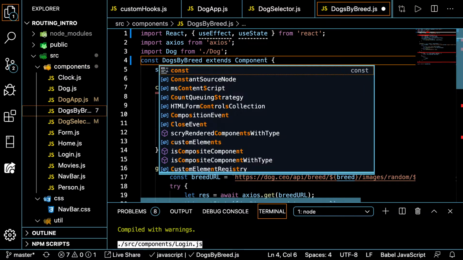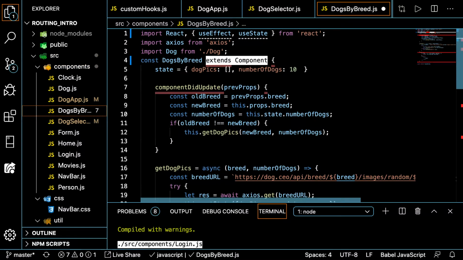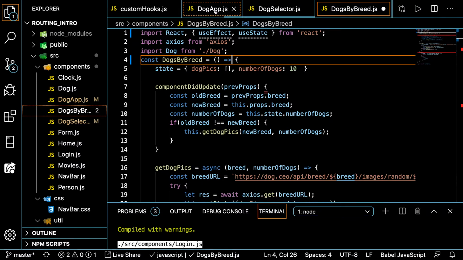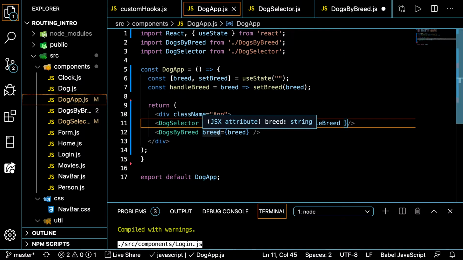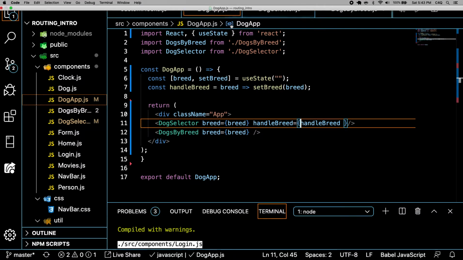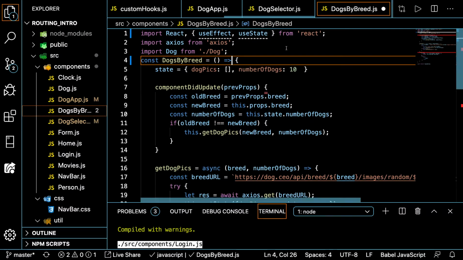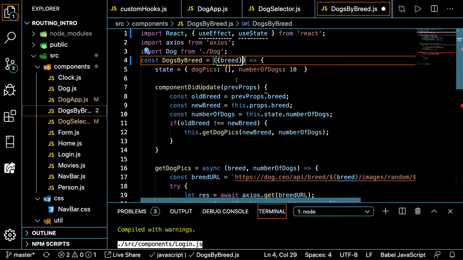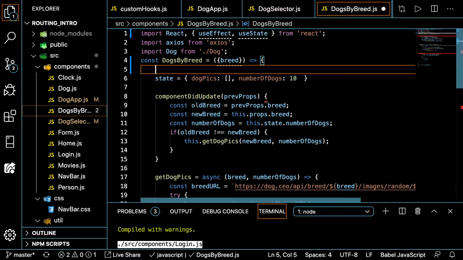Const, we will say DogsByBreed. Function, does this take in any props? Let's take a look. DogsByBreed takes in a breed. Okay, well, don't want to lose that breed, right? So let's go ahead and just destructure that out of our props argument. And let's go use our state. So const dogPicks,